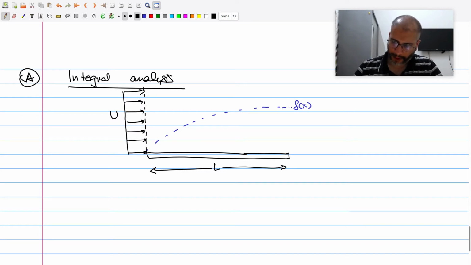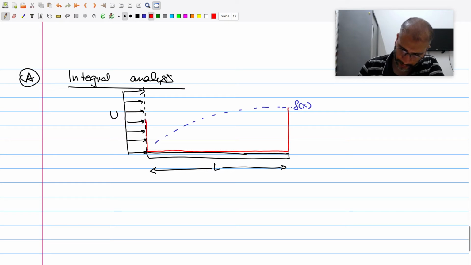Now, we have to figure out, what are we trying to do here? In this case, we want to find out the drag force. That is what the aim has been, as we discussed in the beginning. We want to find the shear drag or the shear force. So for that, it makes sense to consider a control volume that goes on the surface, just above the surface at y equal to 0. So that is equal to the surface. So this is the control volume we'll consider, and then we'll consider this part, and then straight up from here.